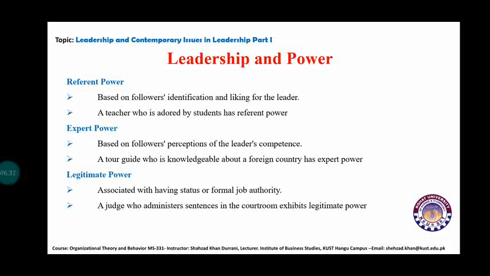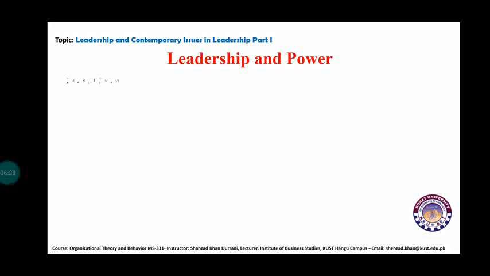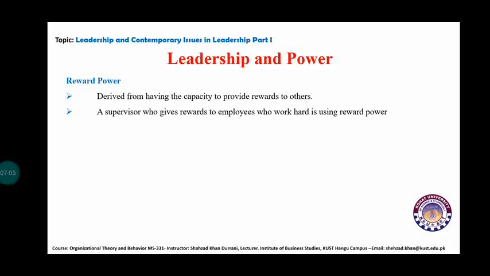The legitimate power. The next one is reward power, and it can be viewed as derived from having the capacity to provide rewards to others, right? If somebody is doing something really good, you are rewarding them, you are motivating them, you are providing incentive to them. So that's called the reward power. An example of that could be a supervisor who gives rewards to employees who work hard is using the